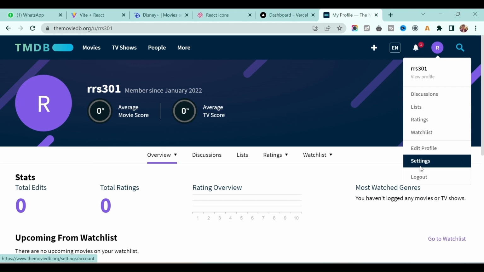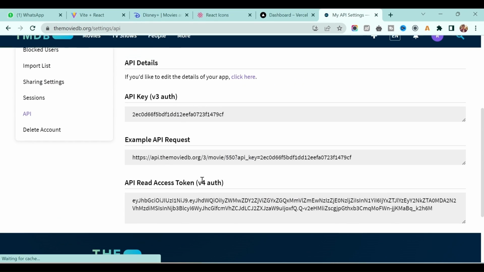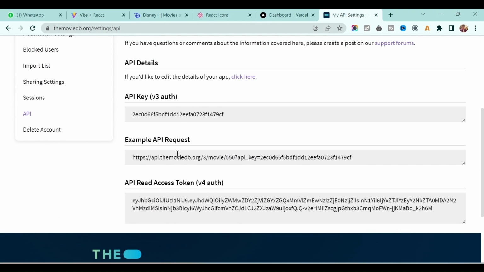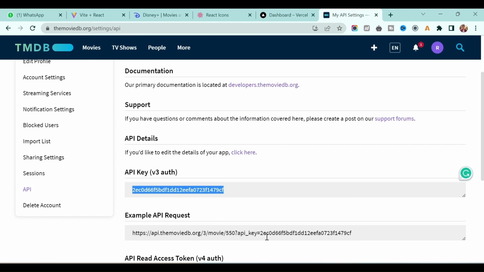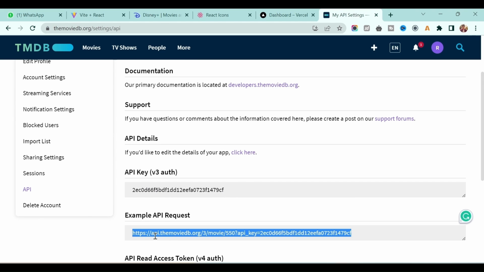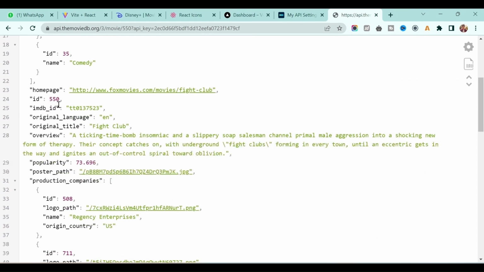After that, go to the settings, where you will find the API. Okay, so it will ask you to create the API. If they ask, just create it. It's completely free again. Okay, and this is the endpoint in order to fetch movies. Once you got the API, just pass that API key to the URL. Okay, and if I try to open this particular endpoint in the browser, you will see all the response,